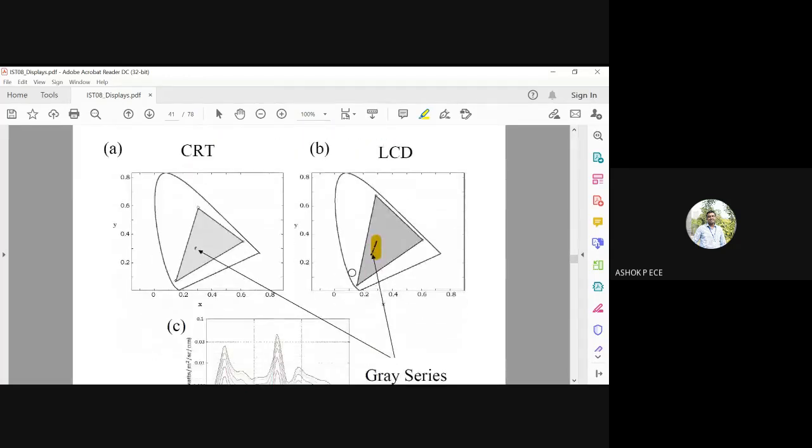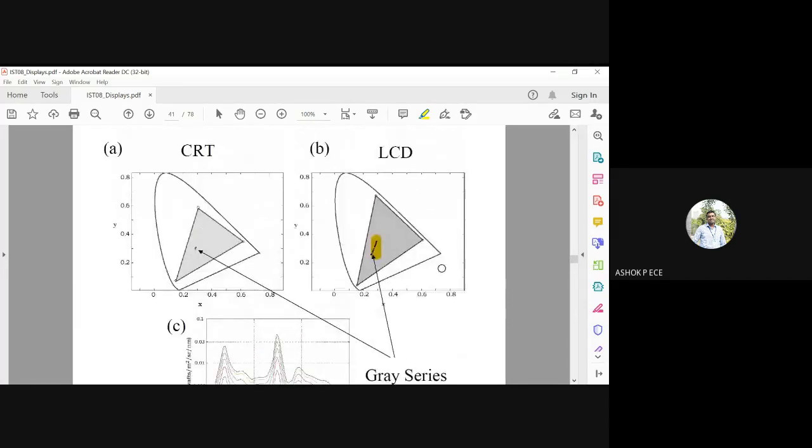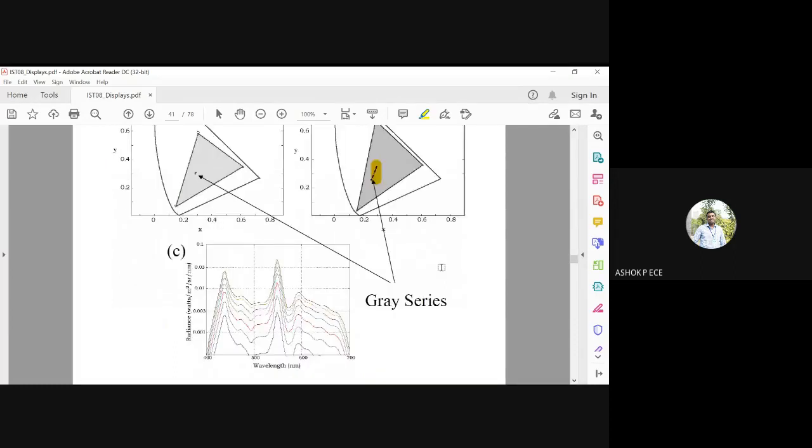when the calibration of the LCD is not done properly. Also, as I told you, the voltage will determine the orientation of the crystals. If the crystals are not oriented properly, how much voltage or current you give has to be altered. Compared to a CRT, we will not have these issues, but in an LCD we'll have all these issues cropping up, because it all depends on the liquid crystal.